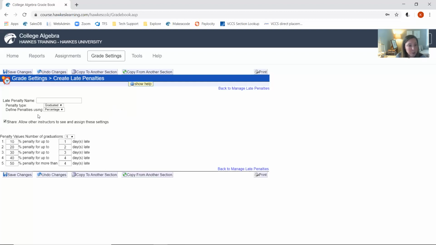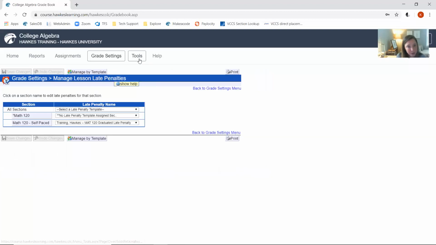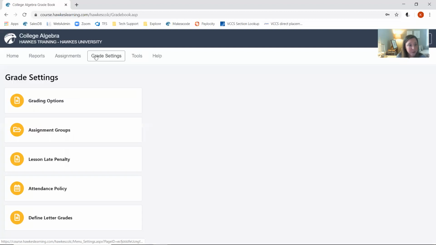But on the flip side, we do want to encourage students to work within the due dates that you have set up to ensure that they're actually making adequate progress. And this is one of the best ways we see fit. So again, once you've set up your section on the Tools tab, you're then going to define your grading scheme and assignment groups, set up a lesson late penalty,